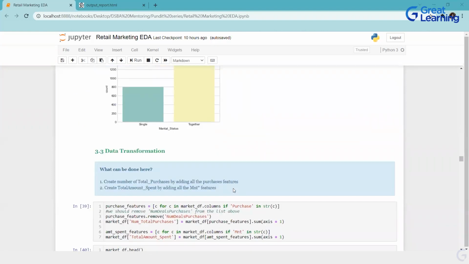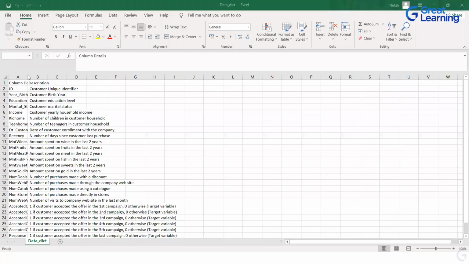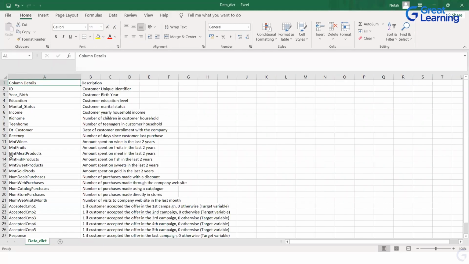Okay, transformation. What we have is a few columns. Let me show you these columns. There are some columns which start with the prefix MNT. All these MNTs are your amount spent on that specific product in the last 2 years.